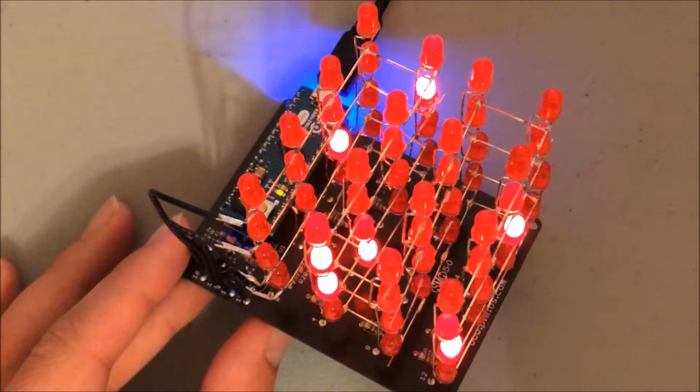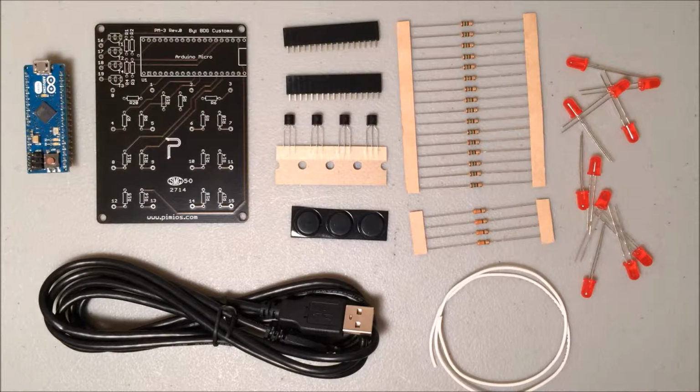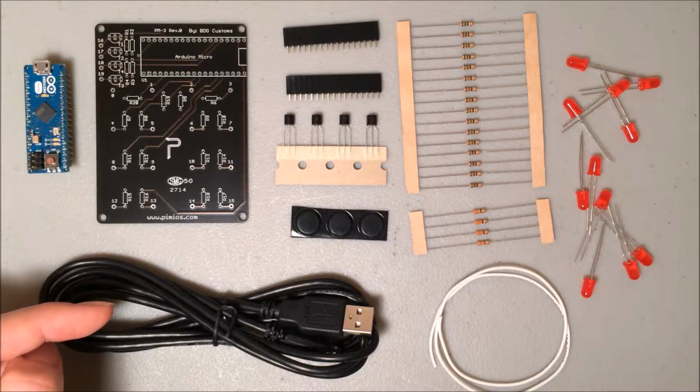Here's the finished cube that you'll be able to build with the PiMios LED Cube Kit. Here's a rundown of the kit components. You have the Arduino Micro, the PCB where you'll mount the components, a USB cable to connect to the computer,